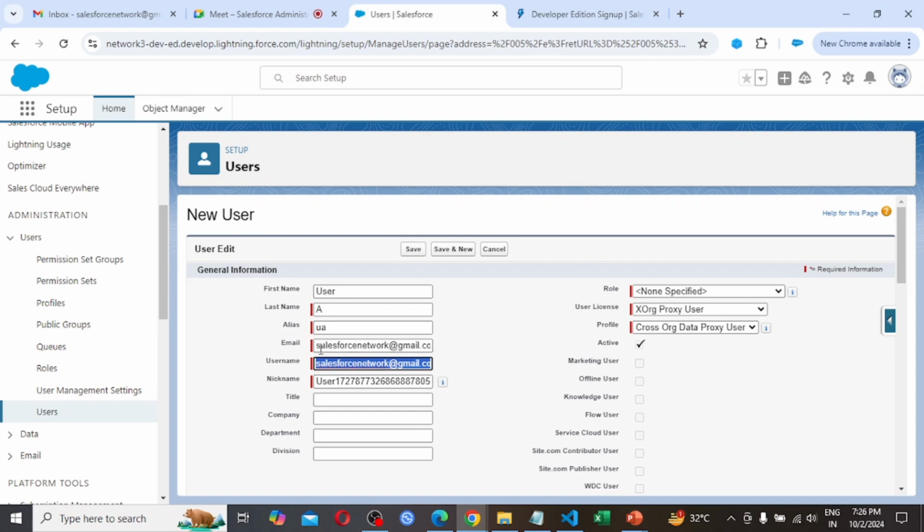So we have to provide an email ID that is mandatory, and you should have a mail. So username we are going to take it like userA@network.com. One more thing I have to say here, if this userA@network.com is available, then we are going to get this username. Otherwise we have to modify this username.